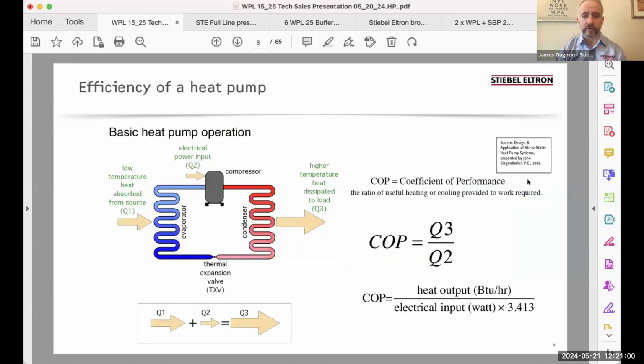So, borrowing from John Siegenthaler's slide here, he's drawn out this basic heat pump system with the equations above and below. You have the concept of taking heat from the outside. You are putting electrical power into the heat pump system, and you are going to get a higher output temperature in a heating circuit. So the coefficient of performance, the COP, you're going to see all over the place in